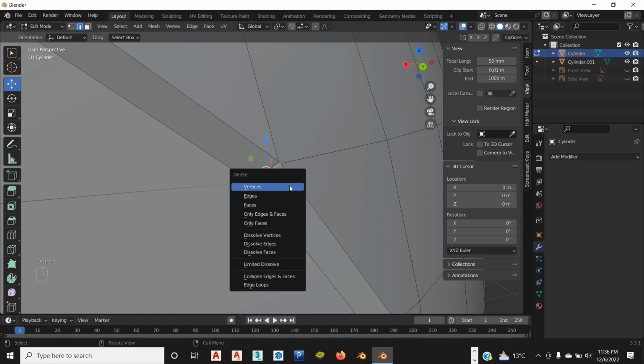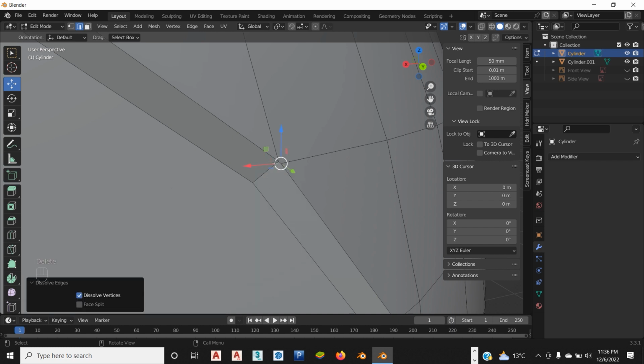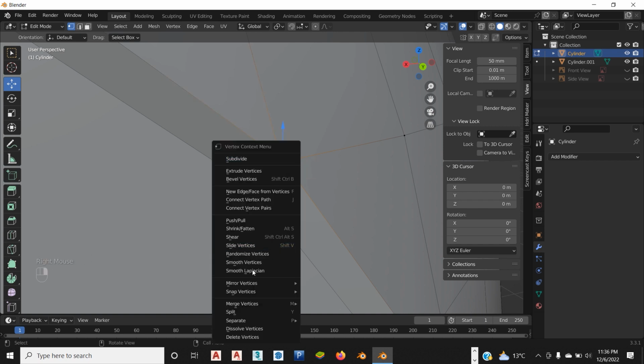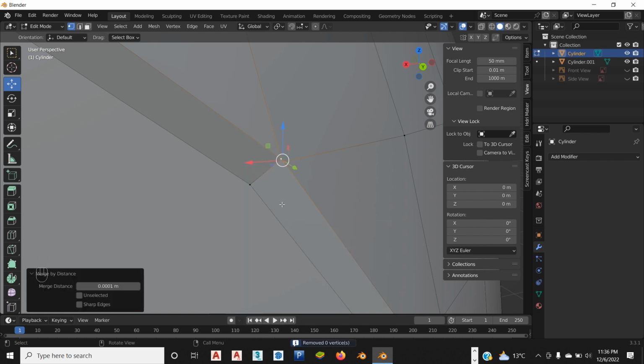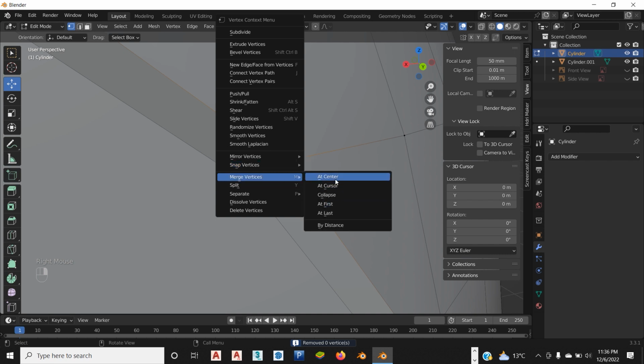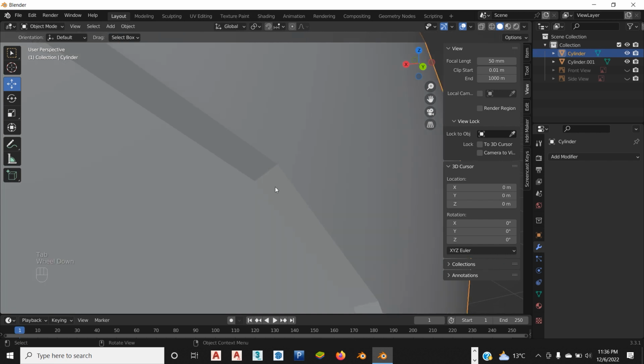So delete, dissolve it, and just select this one, both vertices, merge vertices by distance, not merge vertices by center. Okay,